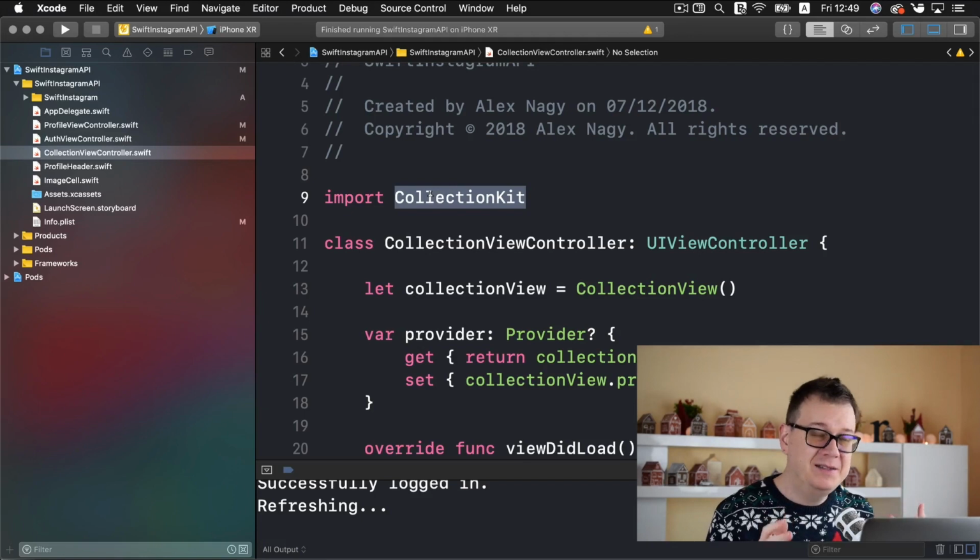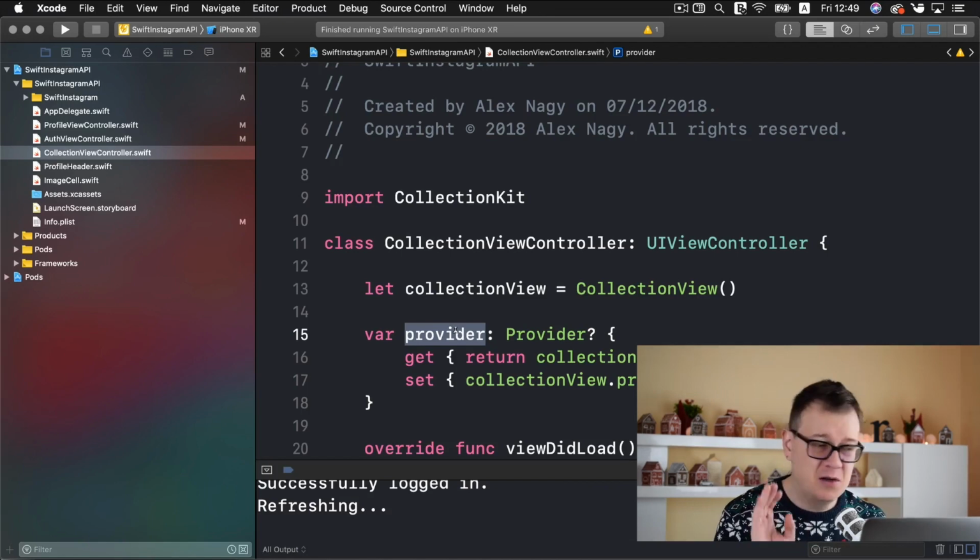They will be released soon, really soon, this month in the Christmas calendar tutorial series. So go ahead and take a look at that, and you will find out what this provider is and so on. We won't go into this because it is out of scope of the tutorial. So let me go back to our profile view controller,